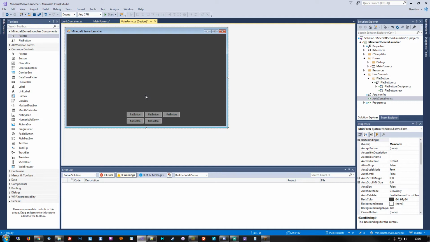Okay, we kind of want to see if we can attach these sort of in the middle of the window. So let's see. The window itself is